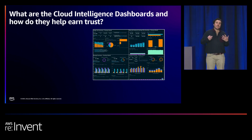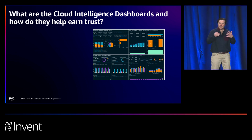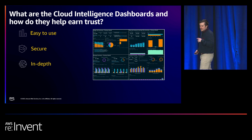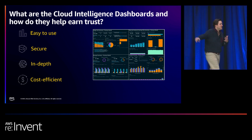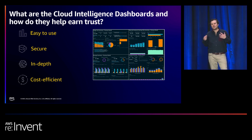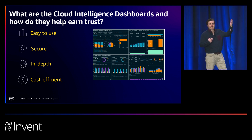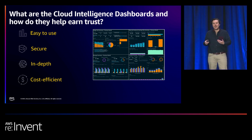Again, this is a service that is not free because it is built on top of AWS serverless technologies, right? But it runs inside your own account. It's pretty easy to use, it's secure, it's in-depth, and it's cost-efficient, again, because it runs serverless. You're mainly just paying for QuickSight to view and visualize the data, as you see over there on the right-hand side. What the Cloud Intelligence Dashboards were really designed to do was give a suite of insights that would go from the exec level through to the developers, the hands-on keyboards doing work, and be able to give insights to those executives and track and manage things like KPIs through down to the developers, and really create a